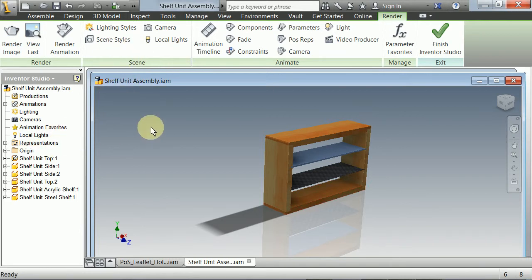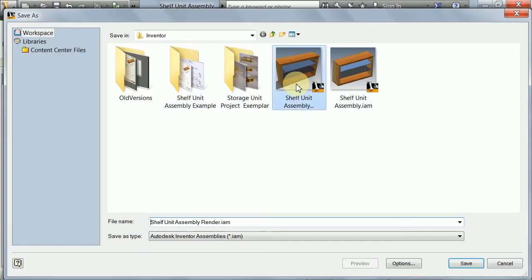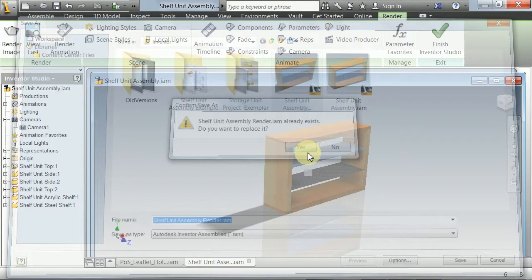So first thing I'm going to do is talk about cameras. So we have a virtual camera in this viewport already. So I'm going to right click on camera and I'm going to create a camera from view. Now what that does is that creates a camera here which saves the position that we're looking at just now and that's saved in our file when we save it. So if I now save this as shelf unit assembly render,